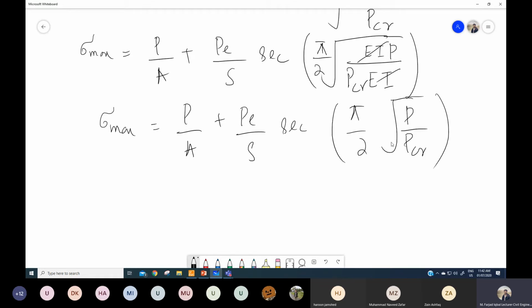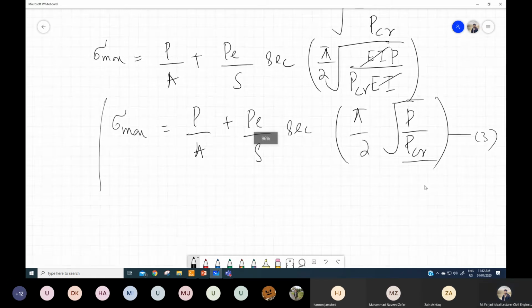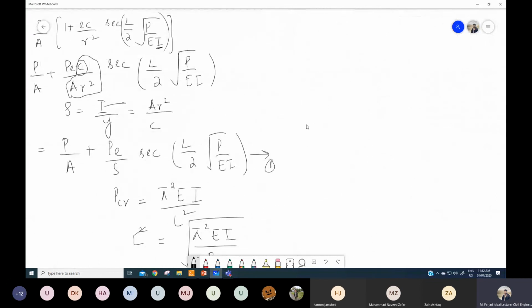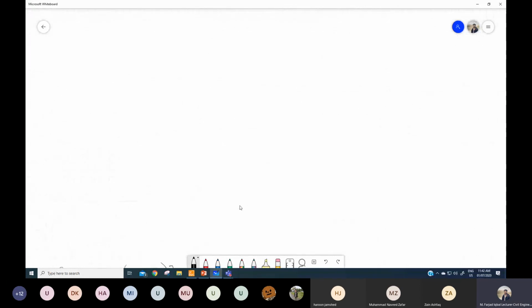So if you are provided with the critical load when the column is loaded right on the centroid and you want to calculate any other factor, you can also use this equation. There are different representations, and it depends on the question requirements or the provided values which form you are supposed to use. So this is all about the derivations and some small concepts. Let's solve one example problem and see how things work.